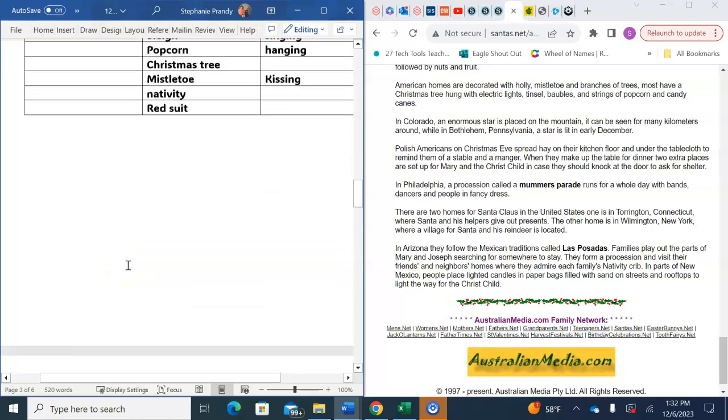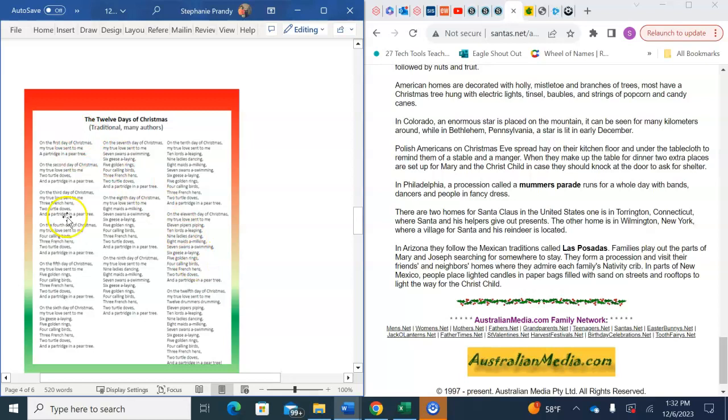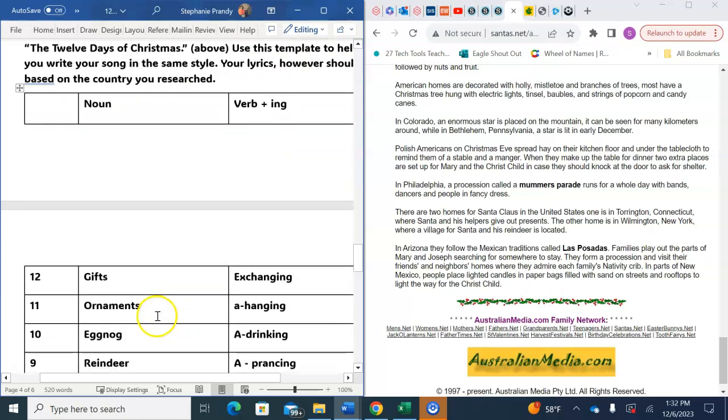Okay, so now here's the tricky part. So once you've taken a look at the 12 days of Christmas, on the first day of Christmas, my true love gave to me a partridge in a pear tree. Okay, and then it keeps going. The second day is 2 things. The third day is 3 things, all the way to 12. Now we're not going to write it out like this every time. We're just going to write basically the first line that you're saying. Okay, so you're going to break it down.